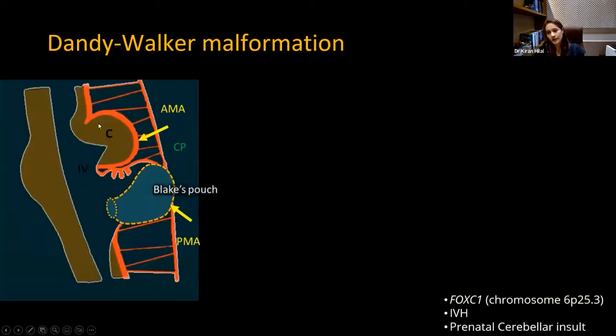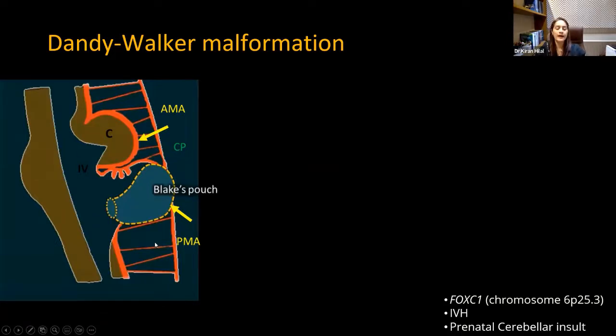So just go back to why this malformation happens. Remember this slide. I'm not going to detail again. Because of any abnormal genetic mutation, any intrauterine intraventricular hemorrhage or prenatal insult to the cerebellum can result in